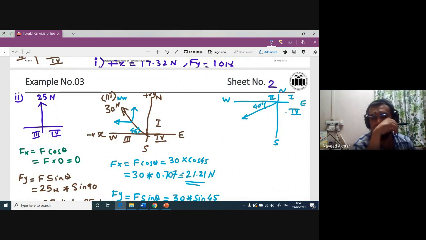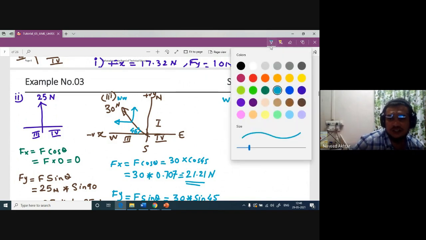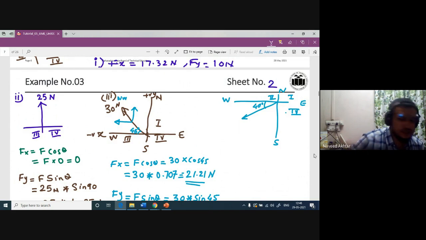Okay. Now this force we have to resolve again into the orthogonal components. If you resolve into the orthogonal components, you can see here I am resolving the force into orthogonal components. This one is the, sorry,